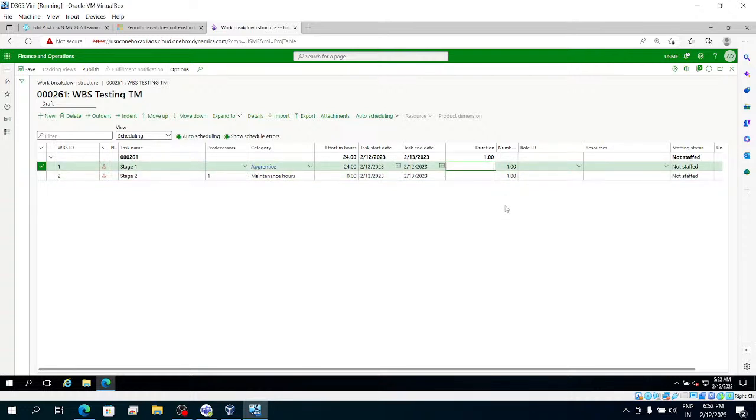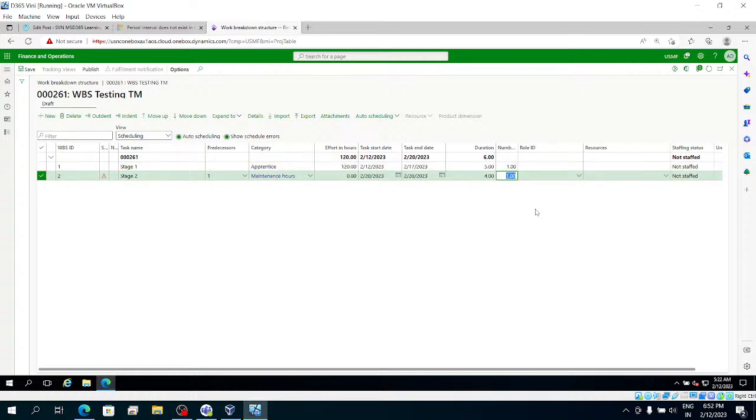Duration, as of now. Once your work breakdown structure is created, you need to publish. Otherwise, it won't